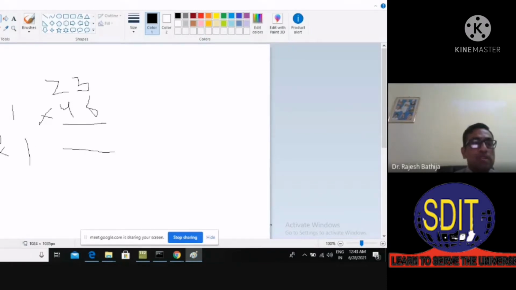Then the student adds these. So 3 plus 2 is 5, and sorry, it is difficult to write in Paint, so it was 4 times 2 is 8, and then it is 9, right? So 9 plus 1 is 10. So the result is 1058, right?